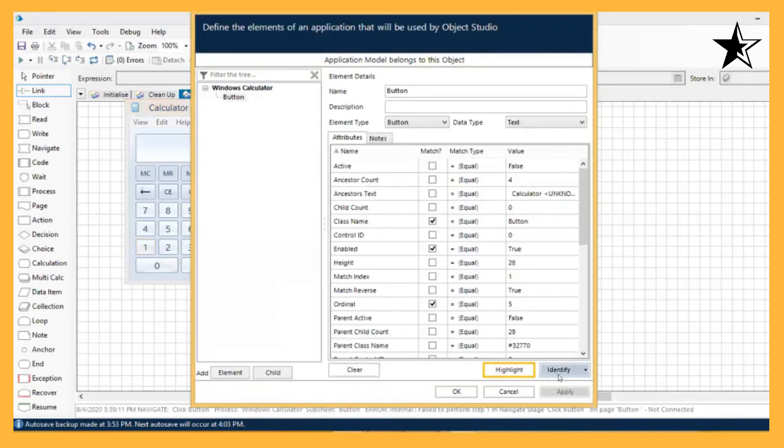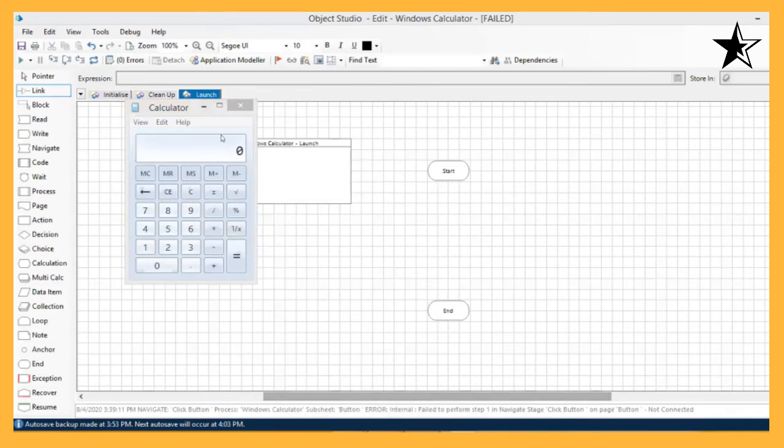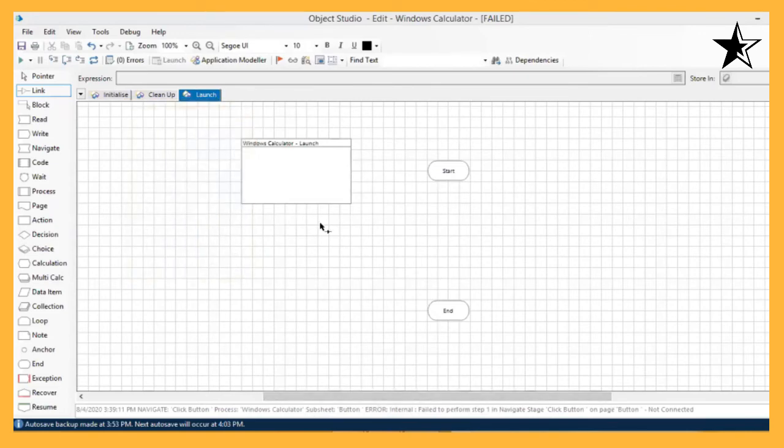So you have to first identify the button, then you click on highlight to check whether you have selected the proper button or not. So this is the process you have to do. Okay, we will sort out this problem, it is not a big problem, I will talk about it, it will be solved. Okay, till then I tell you the next thing that we have to do, right?